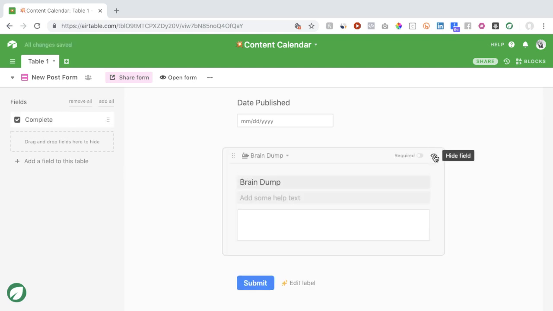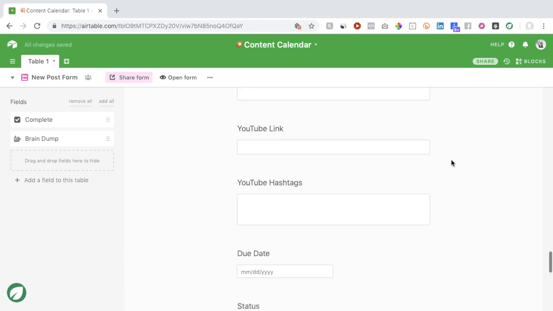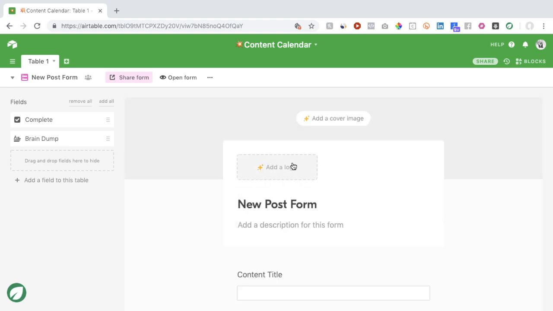And then we don't need the brain dump field because this is a new post and we're going to enter in real data. So then on the pro plan or the paid plans, you can add a logo and a cover image to your forms to brand them for your business too. Since we're on the free account, it's not going to let us do that. But if I wanted to enter in information on this form, I just click open form. And it opens up in a new tab